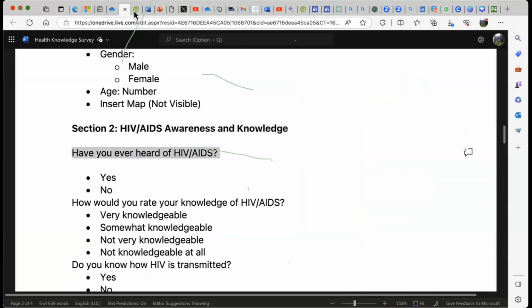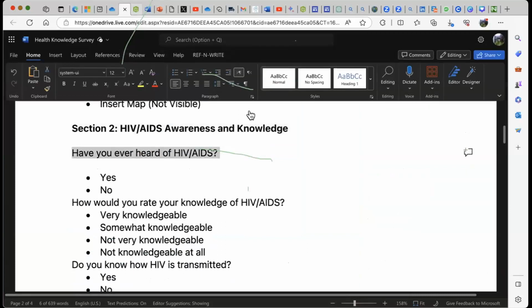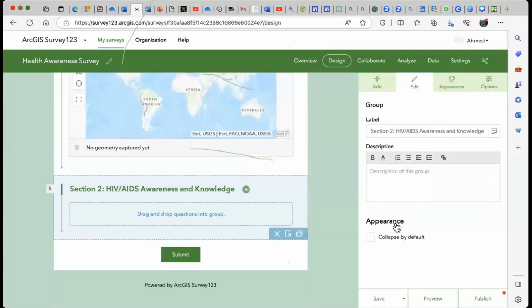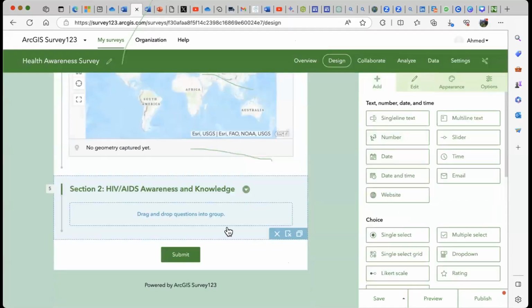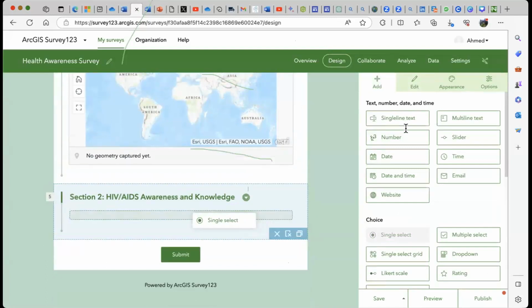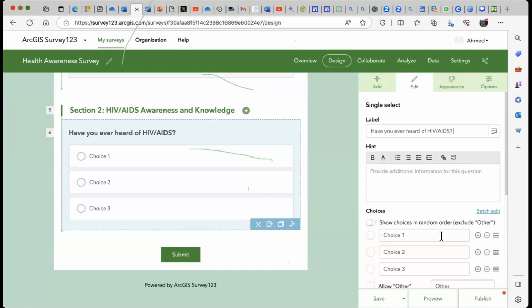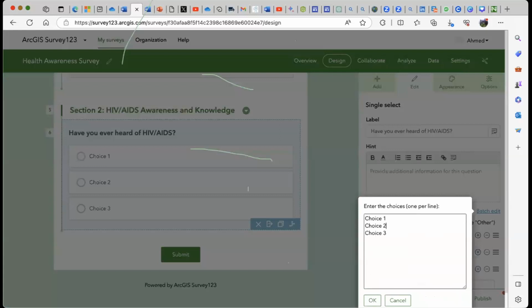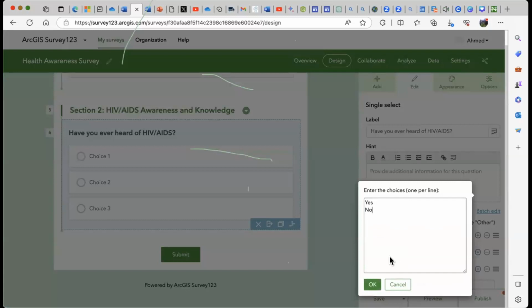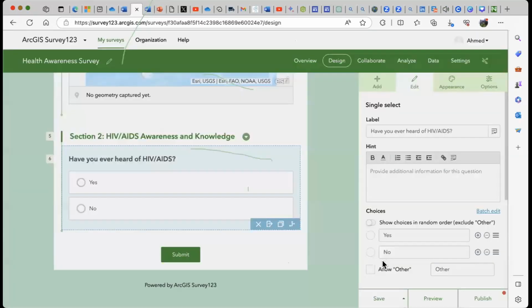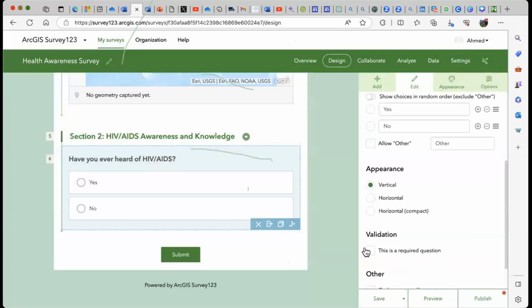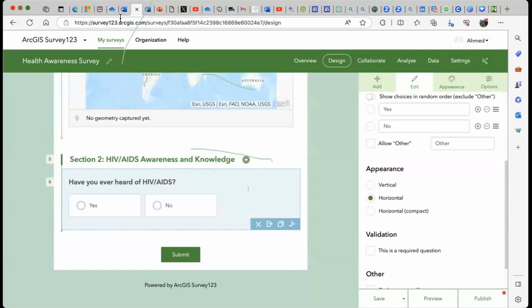It's a yes or no question. With a single select. Now, if I have more than one options, more than 3 options, I can click on the batch edit. It gives me this. So I can just put each option on a line. And we can see that horizontal. It's a required question.